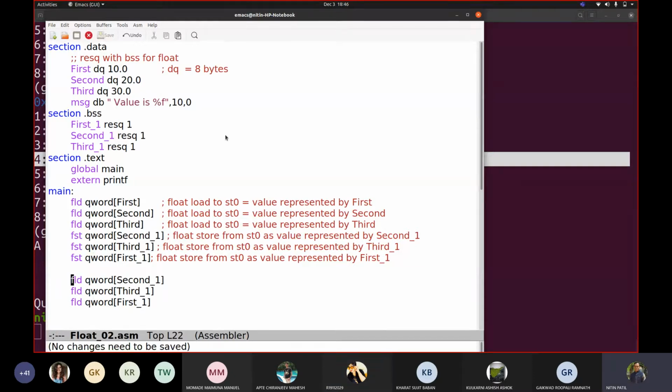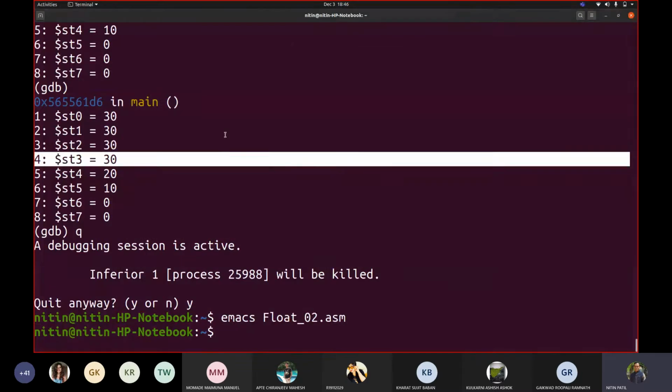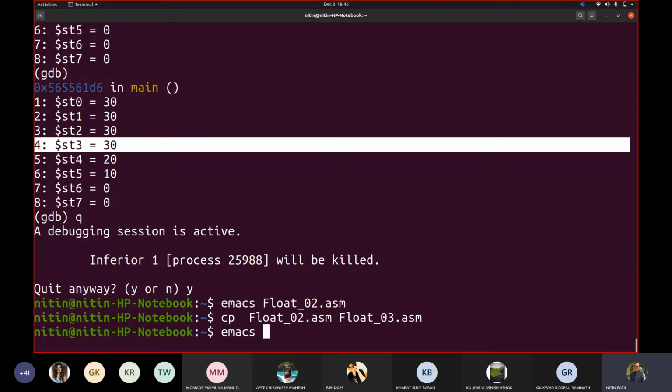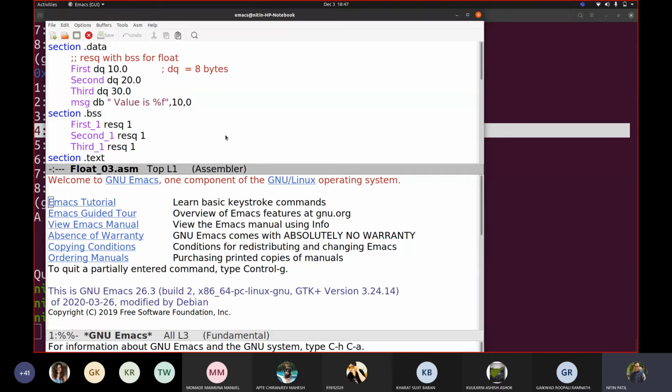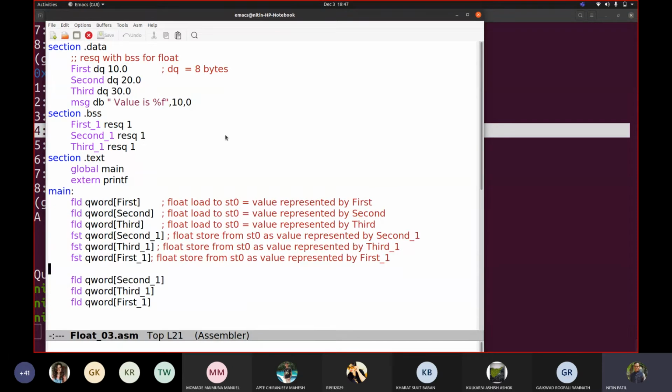So now I'm copying this code again and I'm saying float underscore 3, emacs float underscore 3 dot ASM. Now see, I'm making some small change. I'm removing this, and I'm writing here one instruction with P.